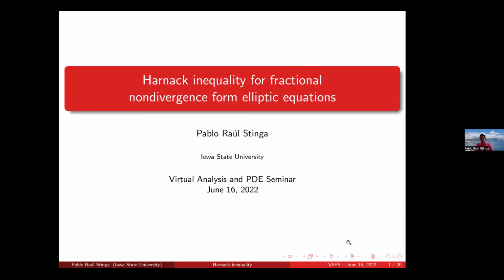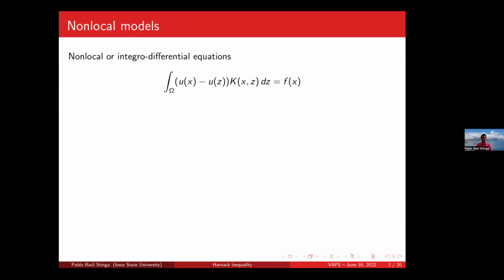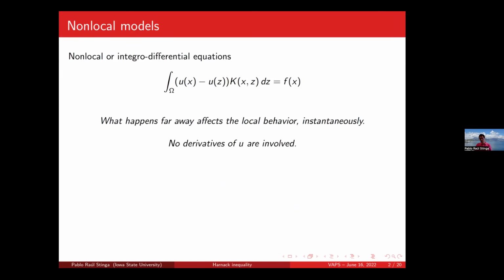So let me just begin with a basic non-local equation or integral differential equation. You have u of x minus u of z, there is a kernel, and the right-hand side f, and you integrate in omega. So two features of the non-local models. One is that what happens far away affects the local behavior instantaneously, right? So at the point x, everything that happens in omega affects the point x through the interaction kernel. And the other feature is that there are no derivatives of u involved. So both these aspects make these models quite